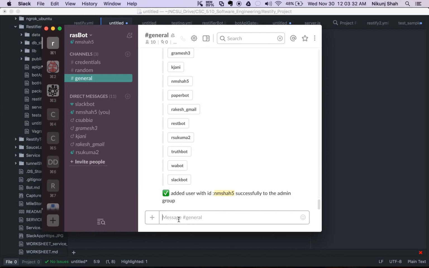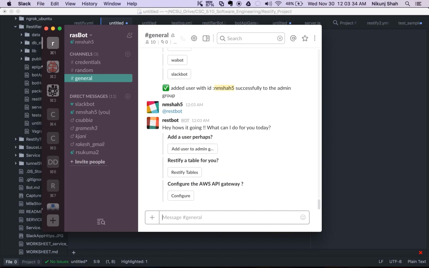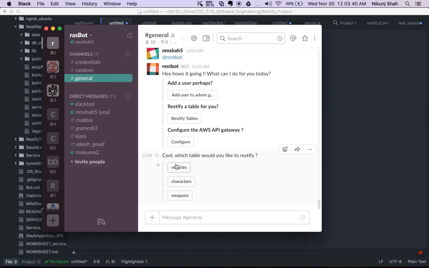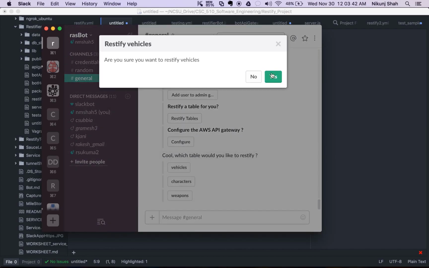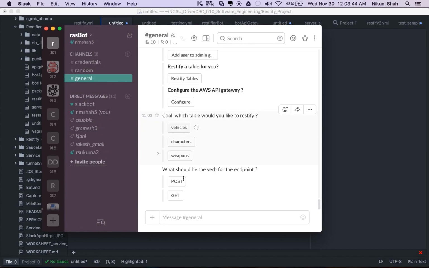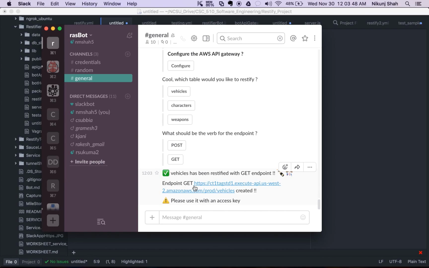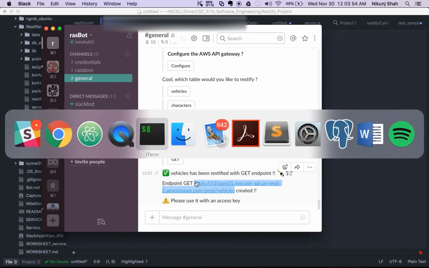So let's try to restify some table. Let's try to start with the vehicles table and I'll do a get. So now we have got this endpoint and I'll try to hit a call with this endpoint.